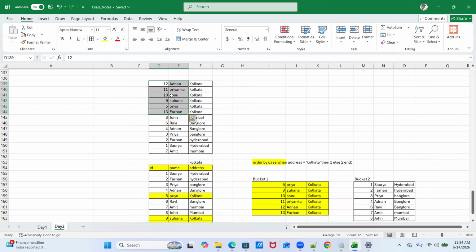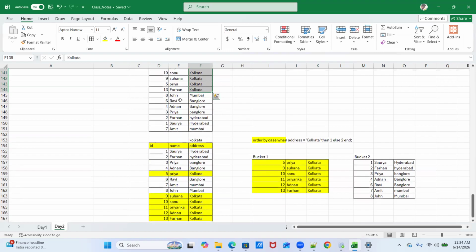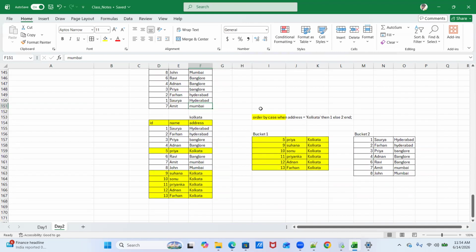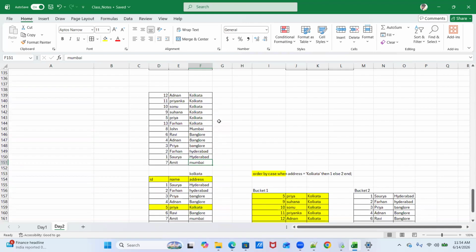It doesn't matter. We're not doing anything over these columns. The engine is just concerned about the address column, and that is Kolkata. So it has just brought the Kolkata records at top and then the other records. Here also it's not concerned about the order, but it will show all those records after Kolkata. So this was our result set.